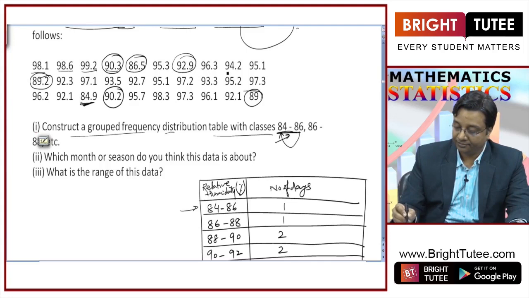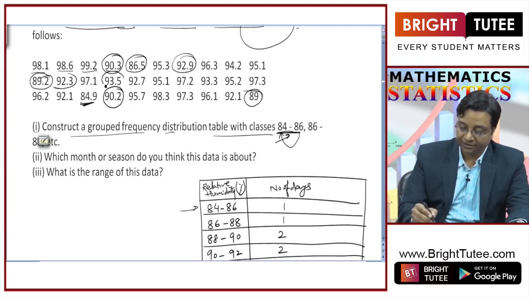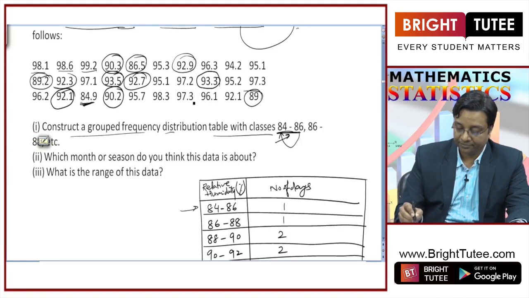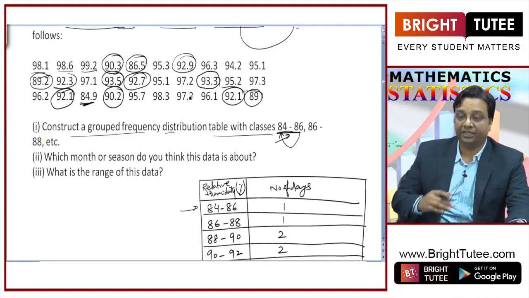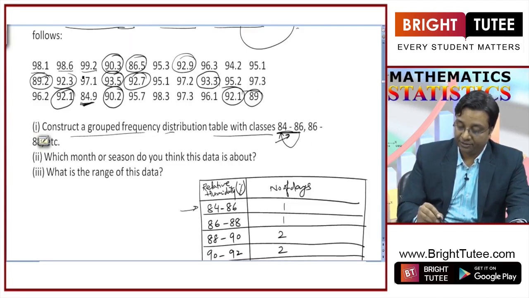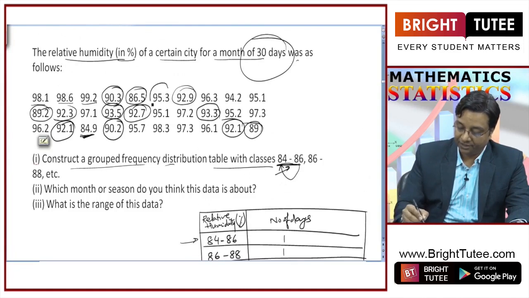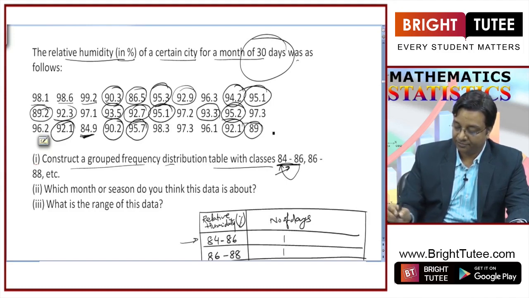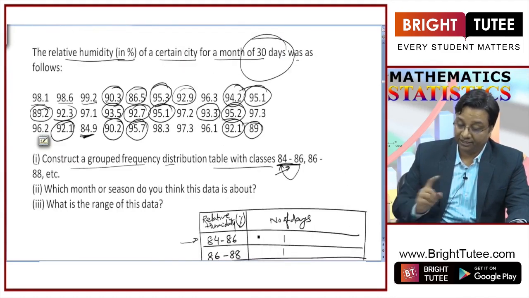1, 2, 3, 4, 5, 6, 7. So there were 7 days on which humidity was between 92 to 94, and 94 to 96% humidity was on 1, 2, 3, 4, 5, 6, 6 days, right? 96 to 98 humidity,